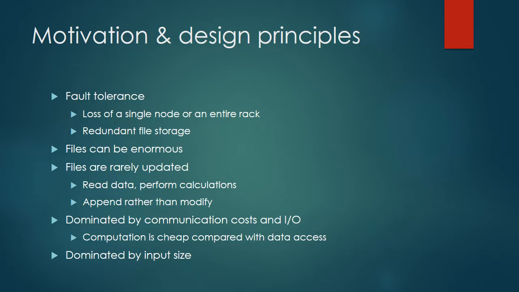Let's look at some of the motivations. The central reasons for some of the design quirks that you will observe with MapReduce come from the fact that they prioritize fault tolerance over performance. When we consider fault tolerance, you have to consider that these are for large-scale data processing. So you need your system to be robust enough to a single node failing, which means a single machine in part of your network goes down, or it's possible that you lose, let's say, network connectivity to an entire rack. So a whole set of